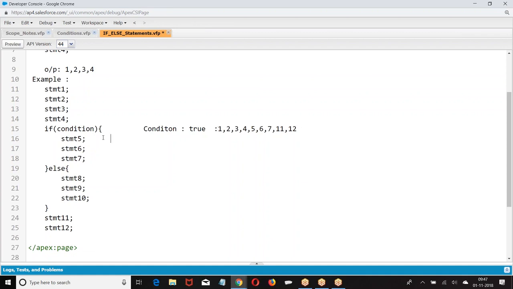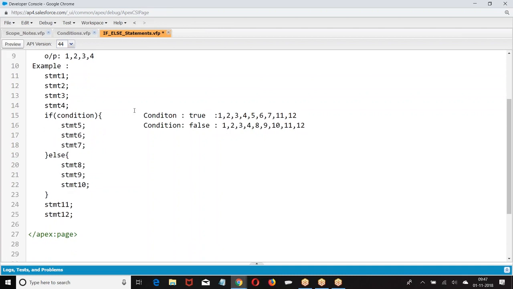If the condition is false, what is that? 1, 2, 3, 4. Verify the condition. Condition false. Go to else. 8, 9, 10, 11. So condition true: 1, 2, 3, 4, 5, 6, 7, 11, 12. Condition false: 1, 2, 3, 4, 8, 9, 10, 11, 12.